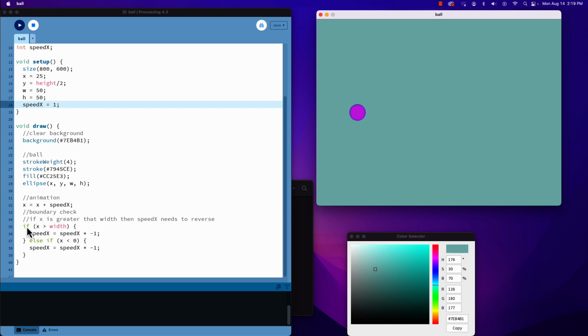So if our x, and we can add to either side of our equation here. But if this situation, if x is greater than width, is true, then it does what follows in the curly braces. That's how a conditional statement works. Conditional is our programming term here. That's how that works. So what we really want is if x